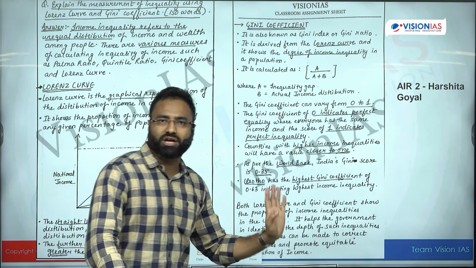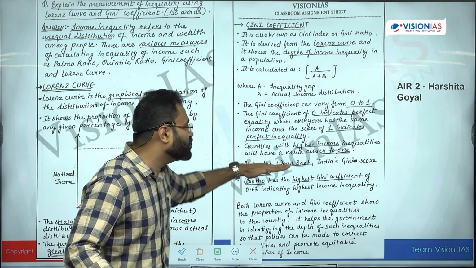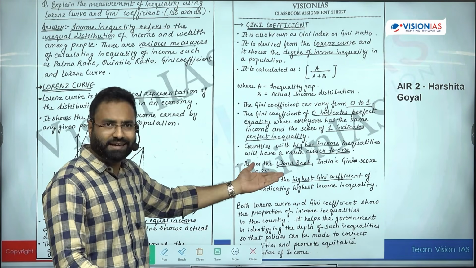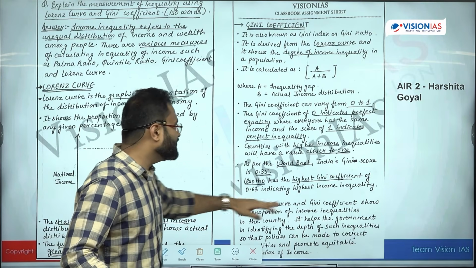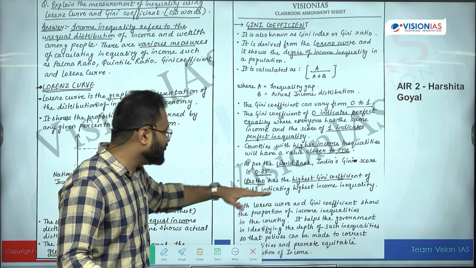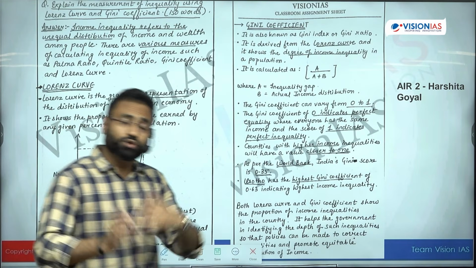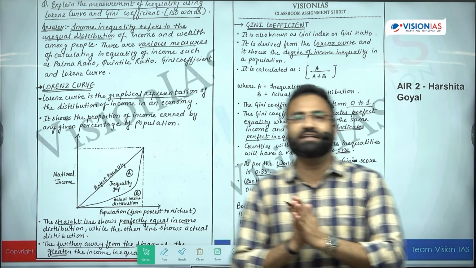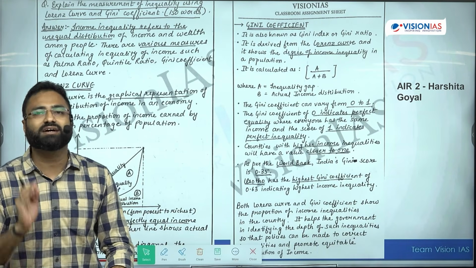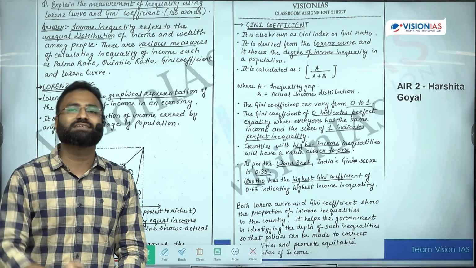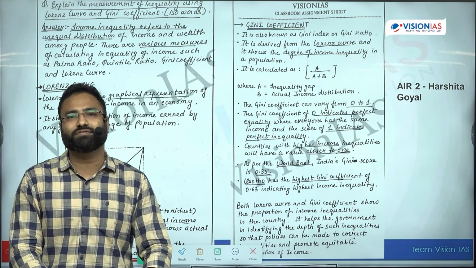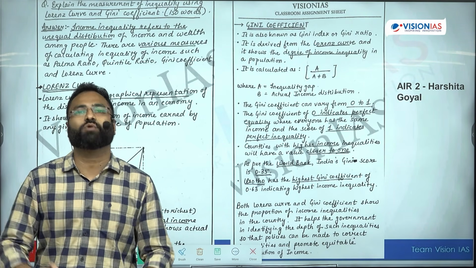So what she is talking about, and she later talks about the World Bank score for India, which was 0.35 when she was writing this particular answer, and Lesotho's 0.63, indicating where income inequality is lower or comparatively higher. So she has given certain specific data, a specific example. What is it reflecting? It is reflecting her awareness even of the examiner's mindset, that he or she might be expecting this kind of data also. This is giving some kind of contrast.